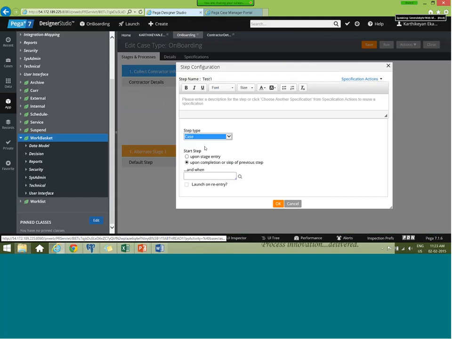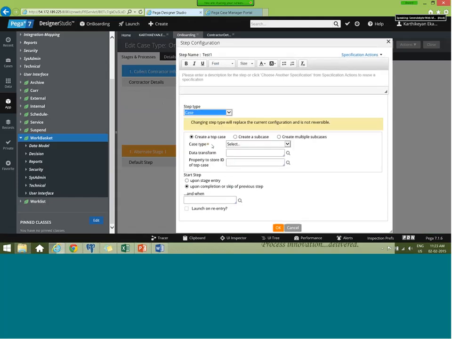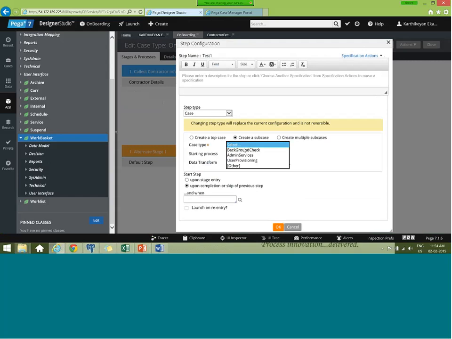So in case you are going to initiate a case, then you have to mention what is the case type rule. If you are going to create a top case here, you have to mention which case you are going to create, and if you are creating a sub case, then you have to mention which sub case you are going to create, because these 3 are my sub cases of onboarding.